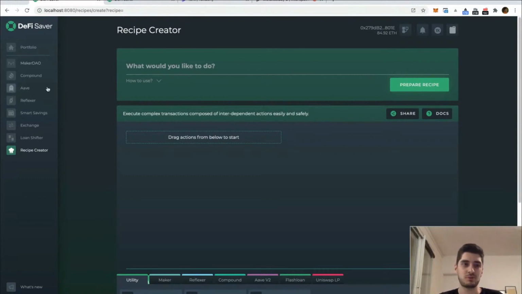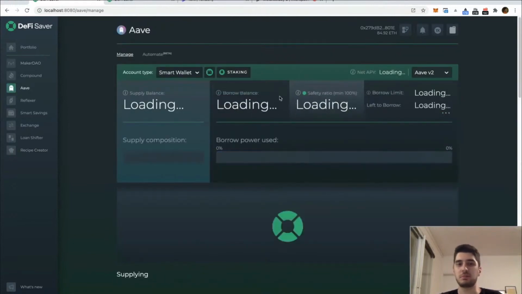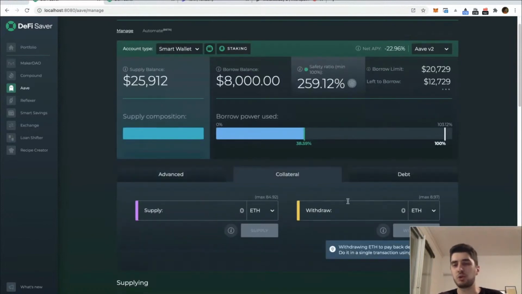And we've tried to apply this principle throughout the whole app. We've tried to show you what's going to happen before you actually do it. So if I enter an amount here and say I want to withdraw 1 ETH, this should